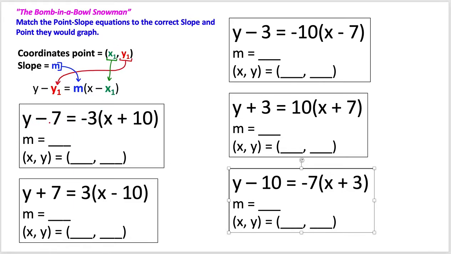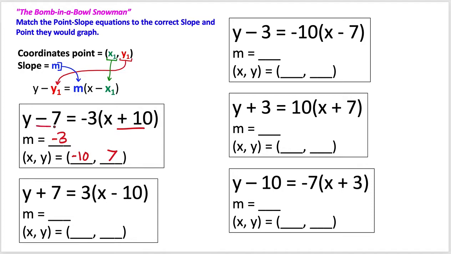We have y minus 7 equals a negative 3 times x plus 10. Well, negative 3 is the slope, right? The slope's always going to be in the middle. If it's y minus 7, that means your y coordinate is going to be a regular 7. And if it's x plus 10, that means the x coordinate is going to be a negative 10. So remember, the x and y values kind of do a little bit of an opposite thing. If it's negative 10 and 7, the coordinate points, it's going to be minus 7 and plus 10 in the